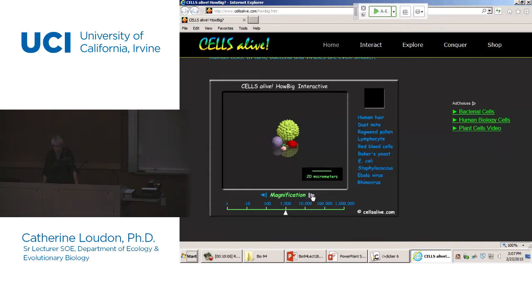Next to the pollen grains, let's zoom in a bit more here. Next to the pollen grains are a couple of other objects, and of course this one here is colored purple just to make it stand out. It's not purple in real life. This is a lymphocyte or a white blood cell, and it's next to a red blood cell, which really is red in real life. So that gives you an idea of the size of pollen grains relative to the sizes of the blood cells that are circulating in our bloodstream. So white blood cells, red blood cells.